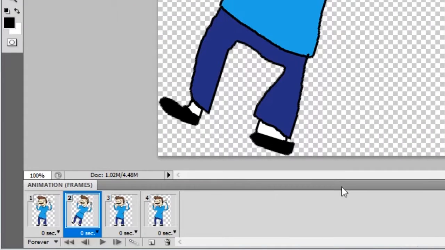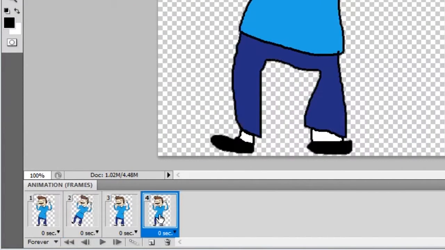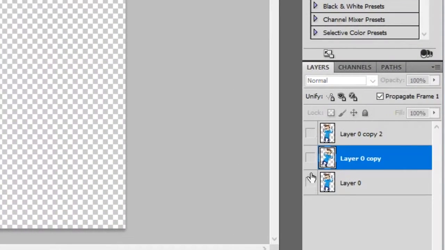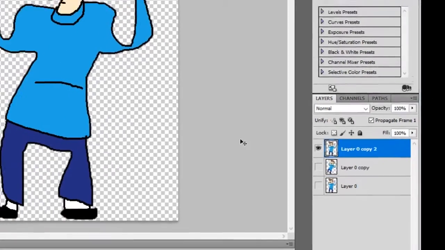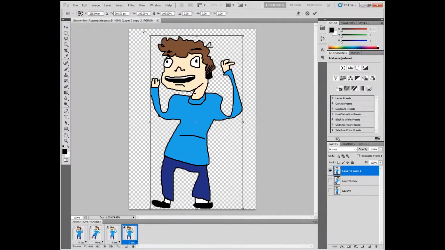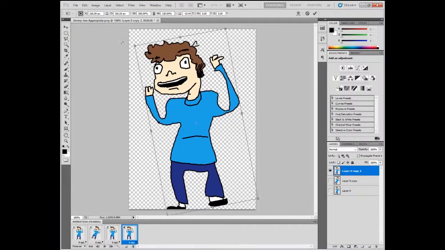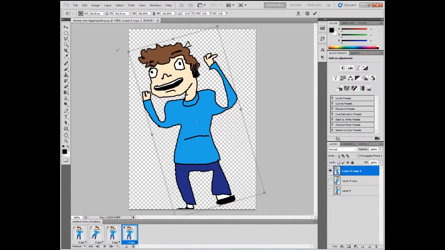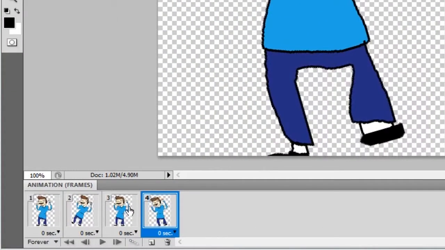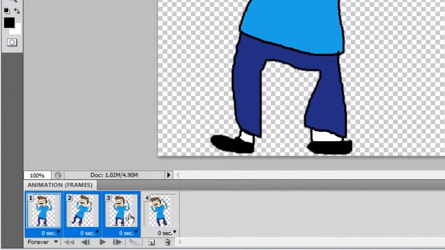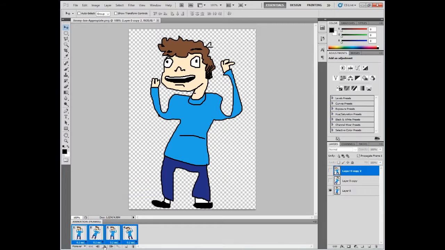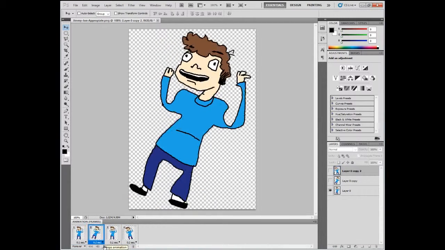Then we can select the fourth frame and select the top layer and open the eye icon, and close the middle eye. Now you can rotate this layer as well. Now select all four frames, hold Shift while mouse left clicking each frame, and change the time interval to 0.2 seconds, or make it any speed that suits you the most, to make sure each frame is running at the